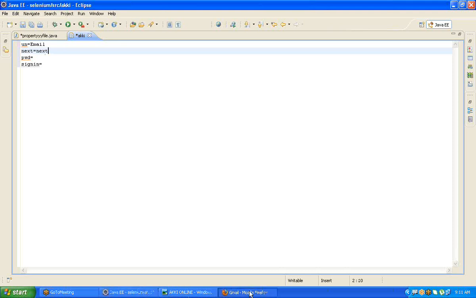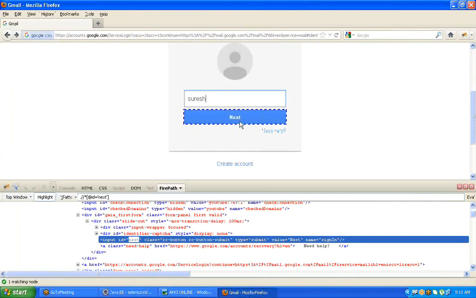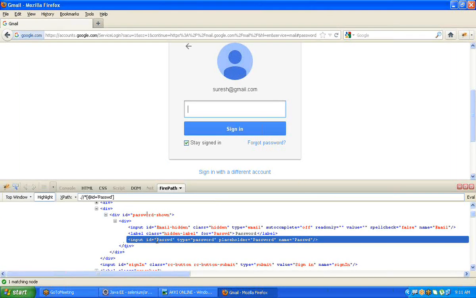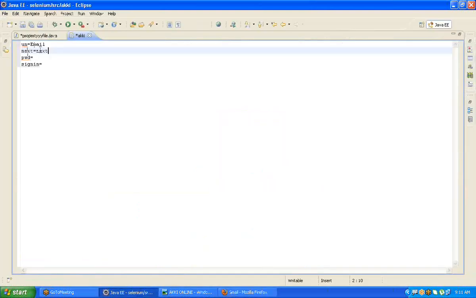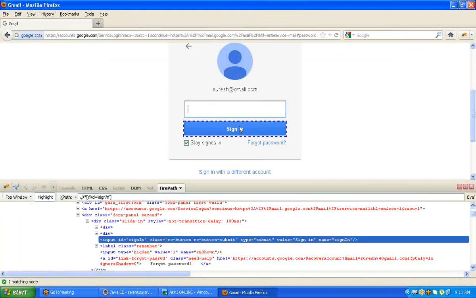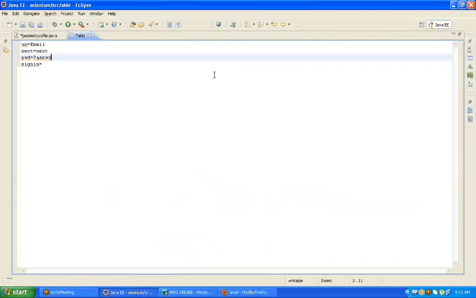And the password property we want: the ID property I'm taking is password only, copy, Ctrl+V. Right, the sign in button: ID is sign in only. Copy and paste here.